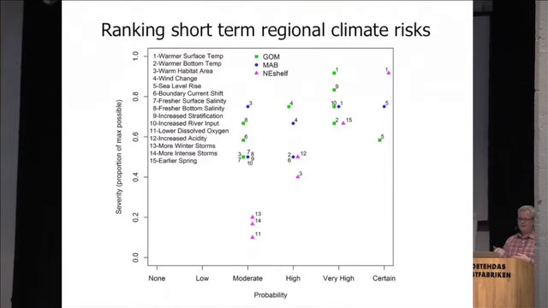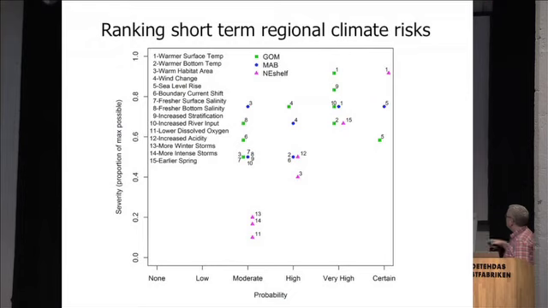So the way that these co-authors went about trying to describe their exposure scores, they used this probability down here. Like I was telling you earlier, they were going through and trying to develop scores for this. They're looking at probability of the impact occurring and then severity. And what you get here is the green dots are for the Gulf of Maine, blue dots are for the Mid-Atlantic Bight, and then these purple ones are for the Northeast Shelf in general.